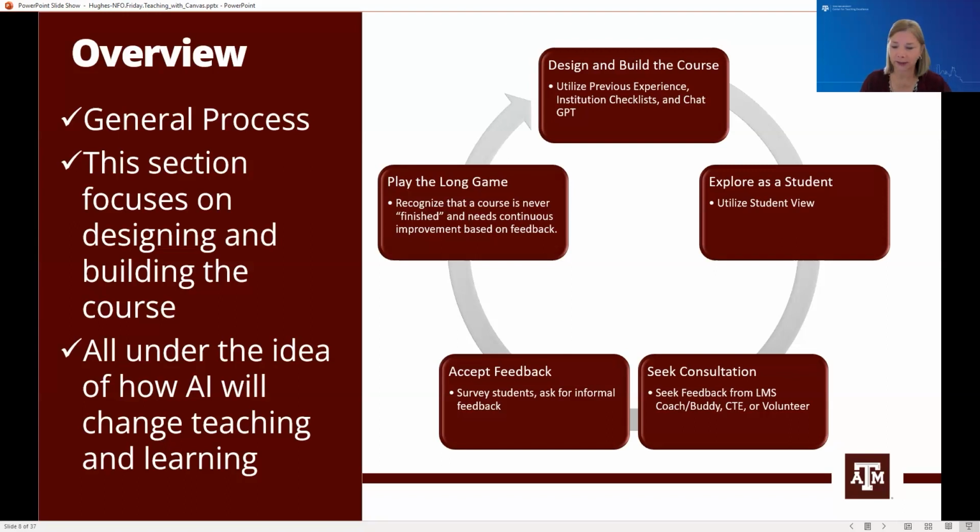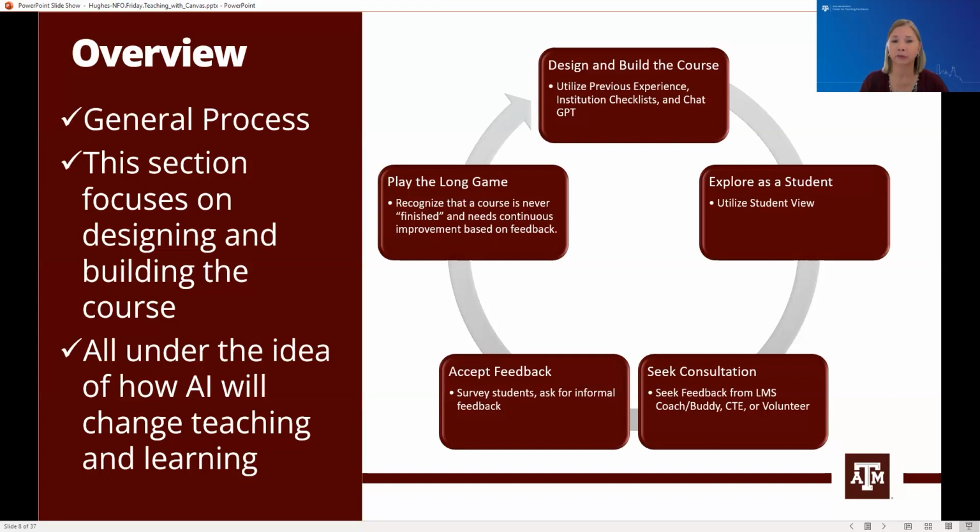And so one of the ways that I do that in my own online course is while I'm teaching a course, I create a hidden page. Students can't see it, I can see it. But what I do is on that page, I start making a list of things that I'm going to improve for the next time I teach it. And so by the end of the semester, I've got a list of things that I want to tweak